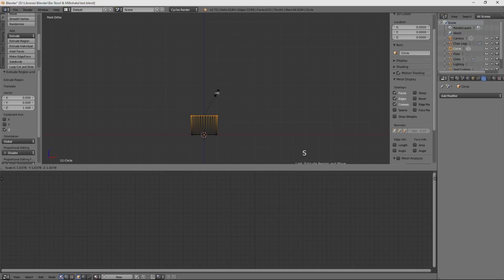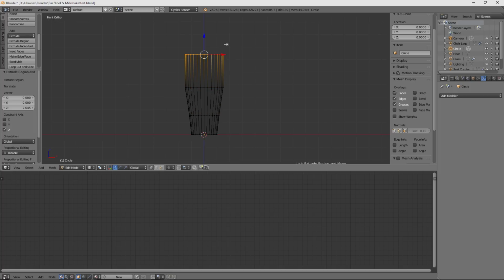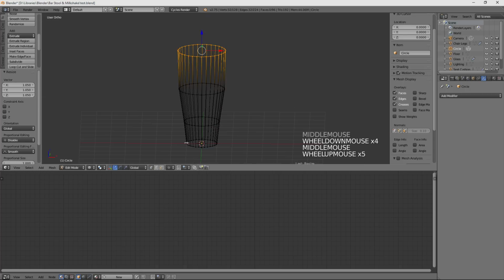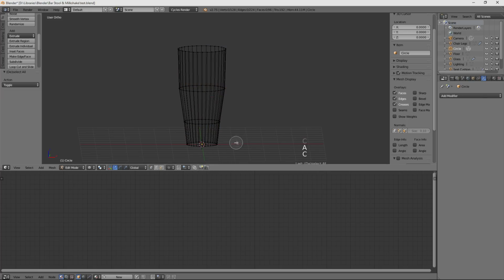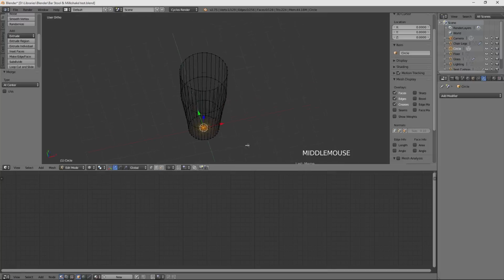And then I'm going to scale it outward slightly, extrude Z, scale outward slightly, extrude Z, and scale outward slightly. And that's going to be my metal cup. That's all it's going to be. Let me quickly just grab this bottom edge like we did on the other one. I'm going to extrude, hit enter, W for merge at center. That gives us our bottom to the cup.